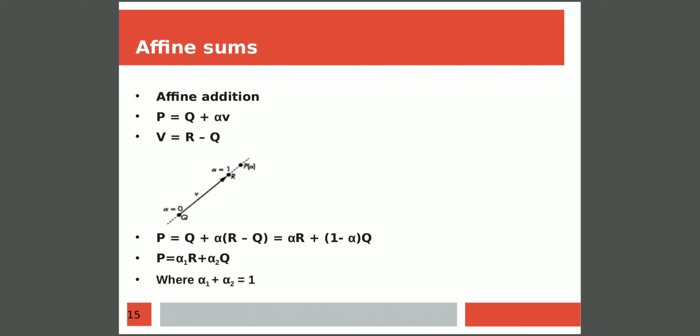Those are scalars, points and vectors. The point we are considering here is q. You can observe it in the diagram. The scalar we are considering is alpha. The value of alpha at the point q is 0, and the vector we are considering is v. The value of alpha will be 0 at q and the value of alpha will be 1 at r.